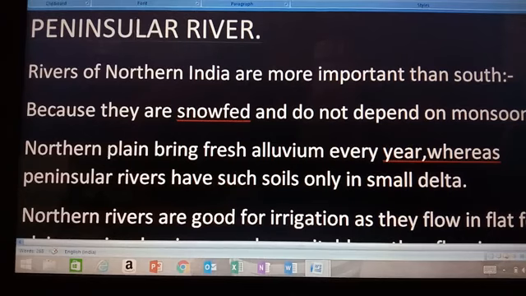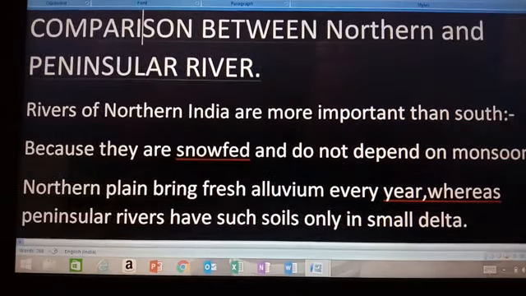The northern plain is very fertile because fresh alluvium is deposited every year, and the peninsular rivers have such soils only in small deltas. Northern rivers are good for irrigation because they flow in flat fertile plains, whereas the peninsular rivers are not suitable for irrigation as they flow in rocky areas, children.